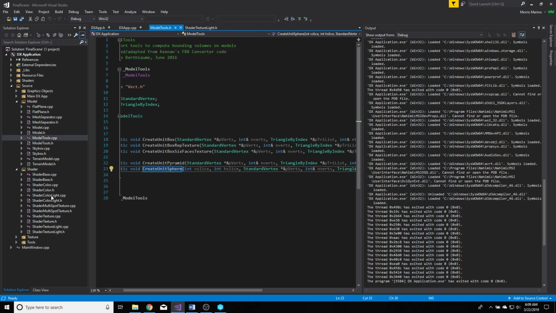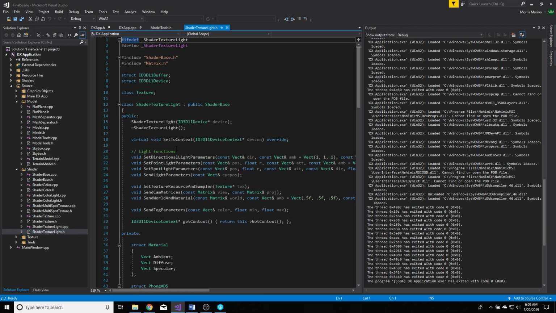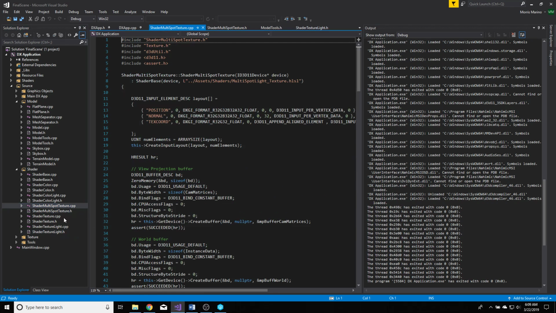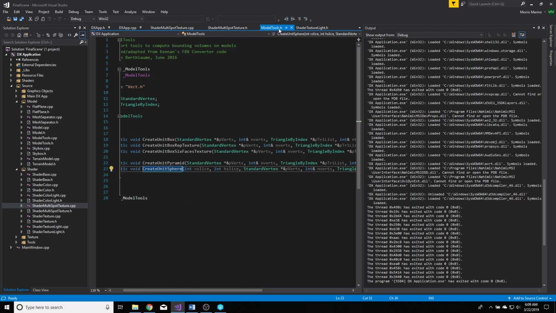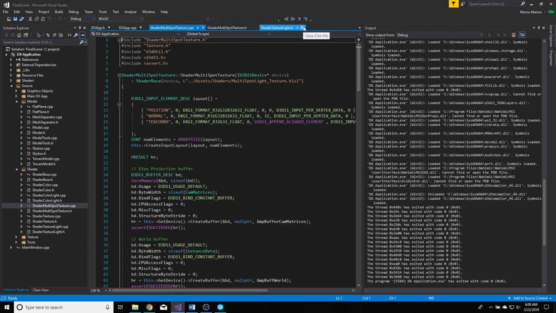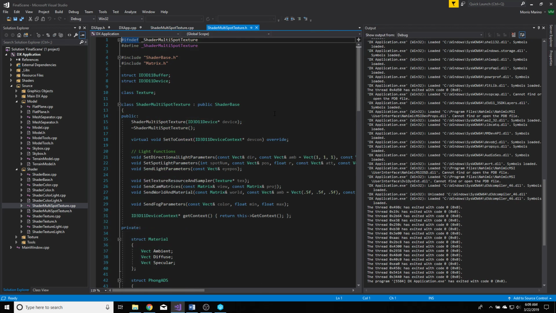So let's take a look at the shaders real quick. Well, actually, we'll just look at the important ones, and then we can get on with our lives. Yay. Right. Anyway,